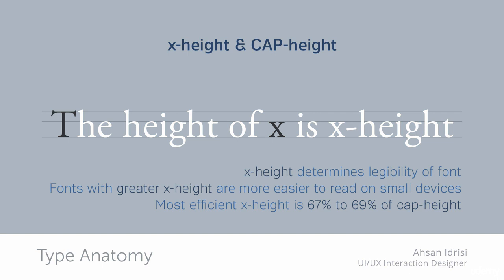Also, the efficient fonts like Helvetica and a few others have an x height of 67% to 69% of capital height. So they are almost 65 to 70% of the height of a capital letter. This is also another factor. Also, this is a factor between different font classifications. The older font types, the old font families like Garamond, have low x height.